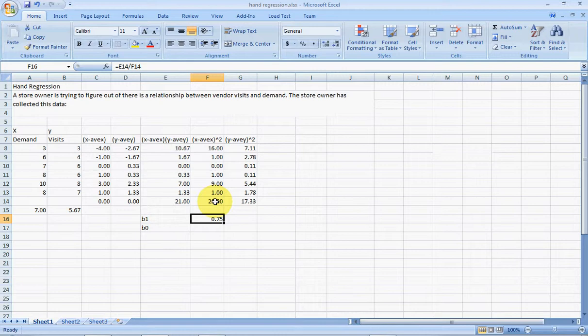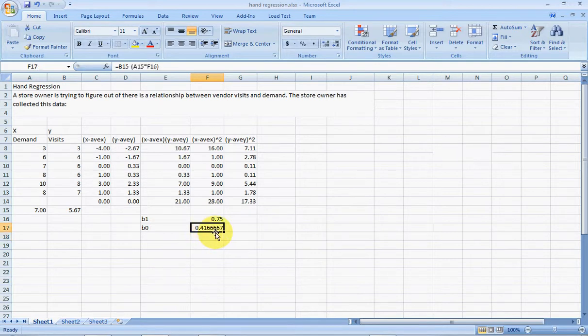So the slope is going to be 0.75. For B0, it's going to equal the average of y, or y bar, minus, in parentheses, x bar times B1. So we need to find B1 in order to find B0. We'll just hit enter. So we get